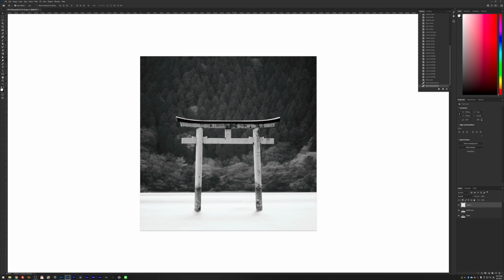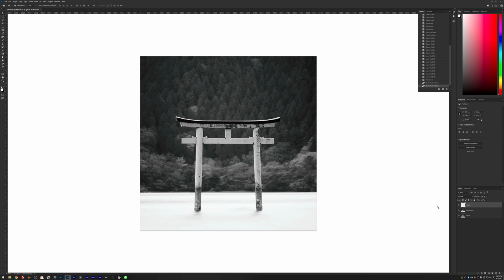Another thing that I want to do to this image, as you can see here, the water is a little bit dirty, if you know what I mean. You can see some of the shadows here, because of course the sun was setting behind these trees here, so the scene was backlit a little bit. So you can see some of the shadows here and some of the movement in the water, which I don't particularly like. So I want to try and get this water a little bit more white and more minimal.